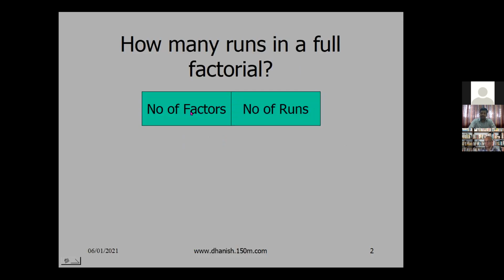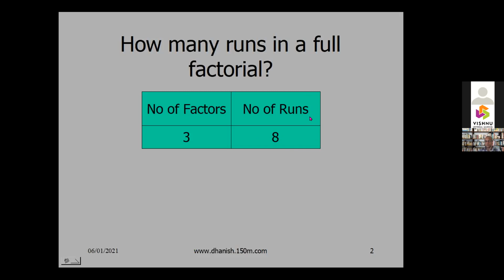So if you make a table with number of factors and number of runs, if you have 3 factors and each you do at 2 levels, each factor 2 levels, that is 2 into 2 into 2, 3 times, because each factor, A 2 levels, B 2 levels, C 2 levels. So number of possible combinations is 8. Okay, so number of levels raised to number of factors. So the simplest possible experiment is a 2-level experiment. So with 3 factors, the total number of runs is 8. So that is for one full factorial.